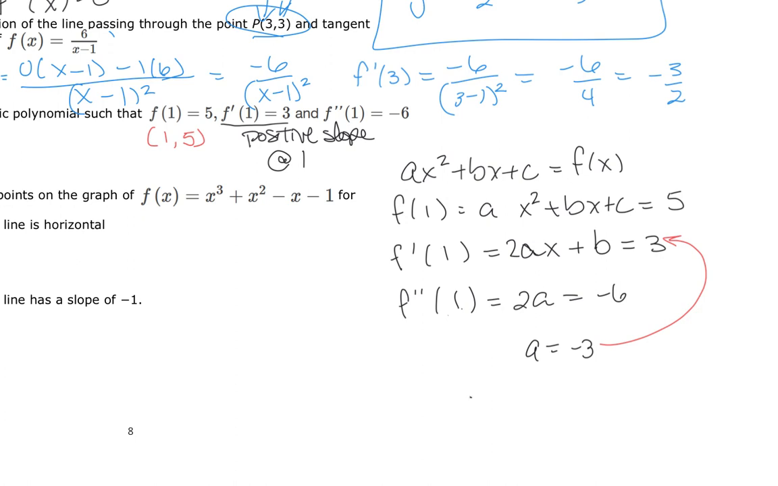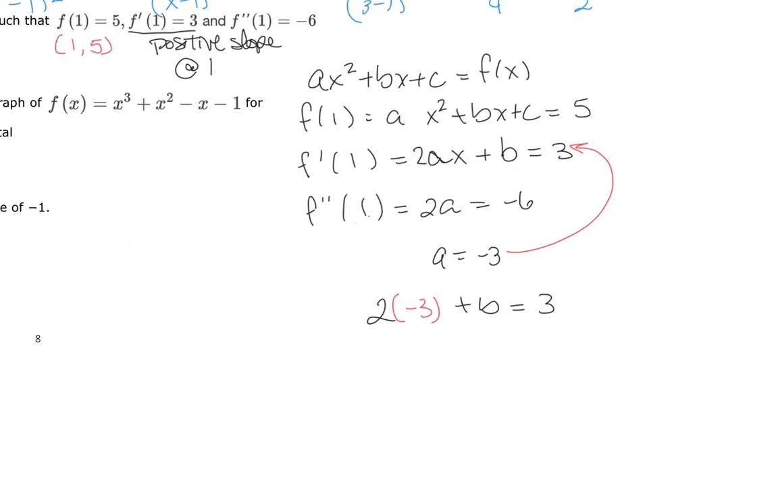So I have 2 multiplied by negative 3 plus b has to equal 3. So 2 times negative 3 is negative 6, which is added to the other side gives me positive 9, so we know that b is equal to 9. Now that we know what b and a are, we can put it back in here. So, actually c. So we have a, which is negative 3,